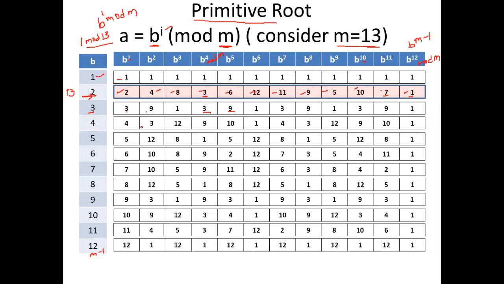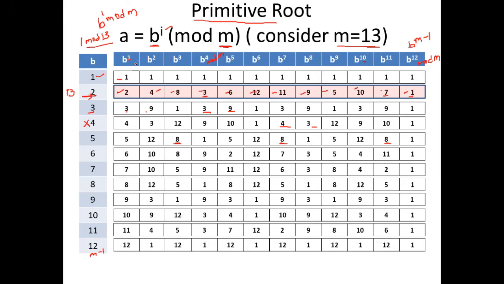Is 4 a primitive root of 13? 4, 3, 12, 9, 10, 1. Again 4, 3, 12, 9, 10. So 4 is not a primitive root of 13. Is 5 a primitive root of 13? You see, 5 power 3 mod 13 gives us 8. Likewise, 5 power 7 mod 13 gives us 8, and 5 power 11 mod 13 gives us 8.